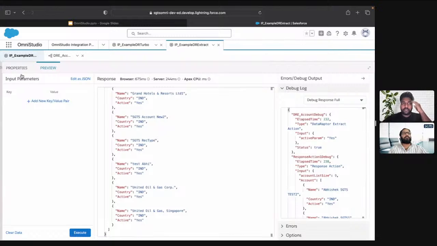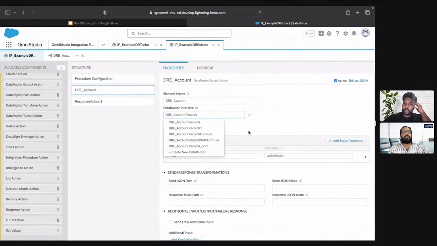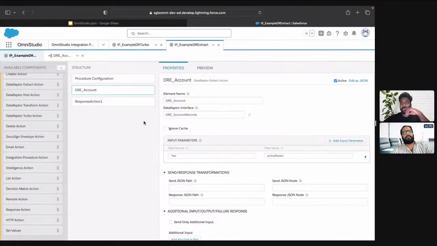Now, what will happen? Let's say I am passing a hard-coded value from here, a yes value. For example, I want to use this IP in multiple OmniScripts. From one, I want to pass yes. From a second, I want to pass no. That would be problematic for me because I would have to create another IP for that. So in order to resolve that, what we can do is,